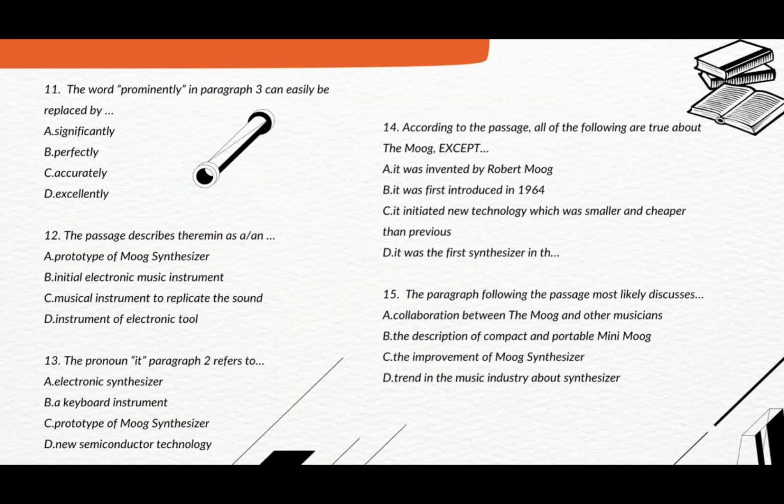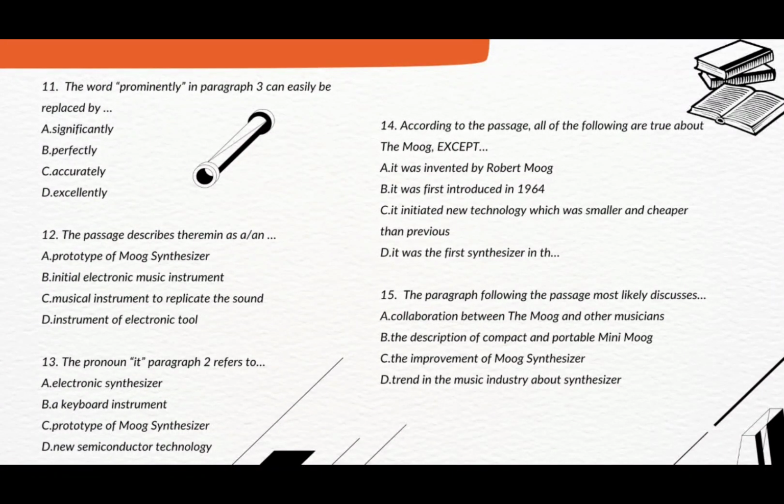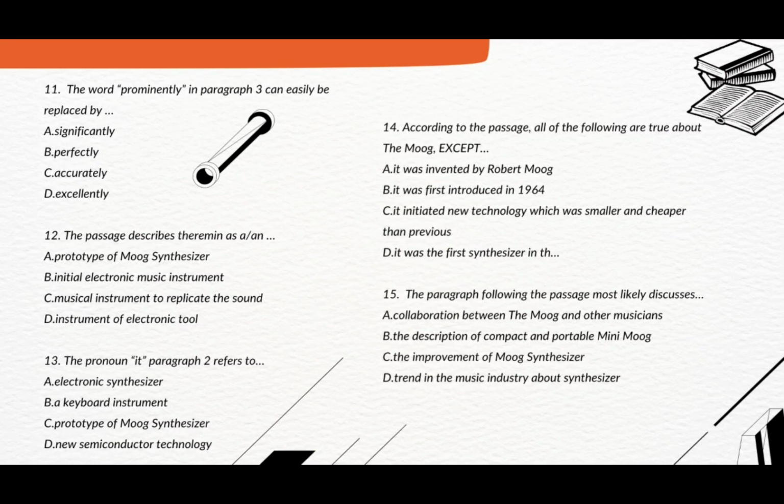13. The pronoun it in paragraph 2 refers to A. Electronic synthesizer. B. A keyboard instrument. C. Prototype of Moog synthesizer. D. New semiconductor technology. 14. According to the passage, all of the following are true about the Moog, except A. It was invented by Robert Moog. B. It was first introduced in 1964. C. It initiated new technology which was smaller and cheaper than previous. D. It was the first synthesizer in the